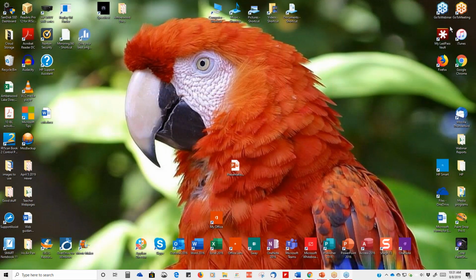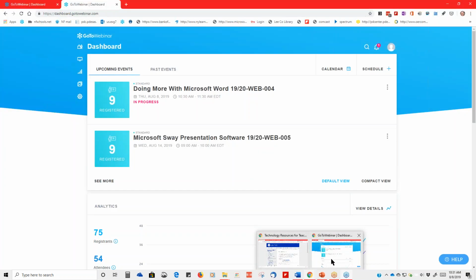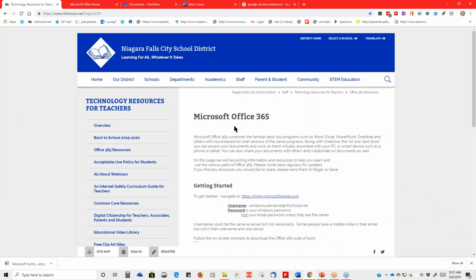Today we're going to take a look at another tool, another app on the Microsoft Office 365 tools, apps. Just in case you weren't here, or as a reminder, you can get into your account by going to login.microsoftonline.com, or if you forget that, which is easy enough to do, you can just go to the Technology Resources